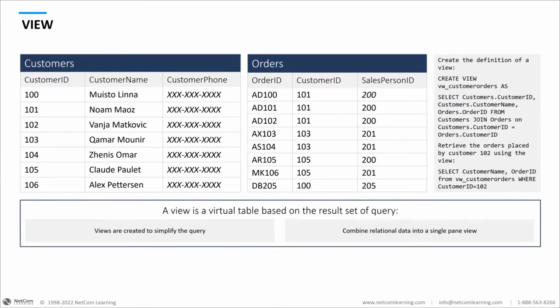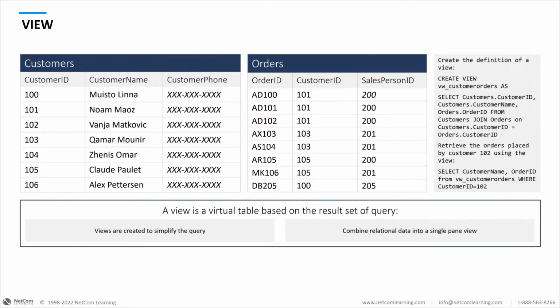Okay, views. A view is a way for me to take data that's in a table and create a virtual table of the result sets. So when I have data in the existing system, I might have 3 or 4 or 5 tables. What a view does is that it doesn't actually contain any data. It's a temporary table that contains the result sets of a query